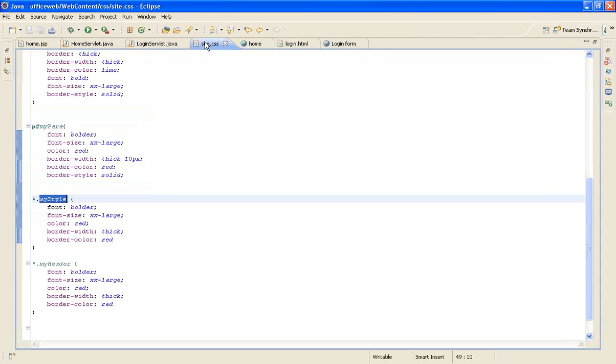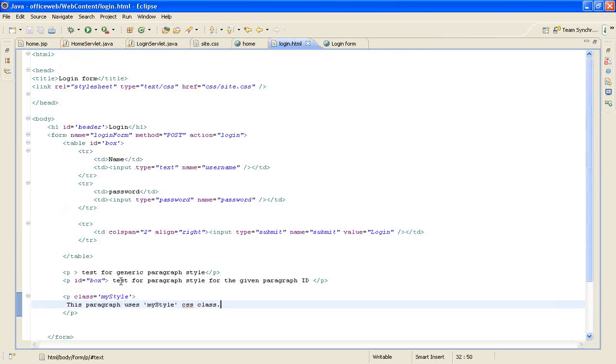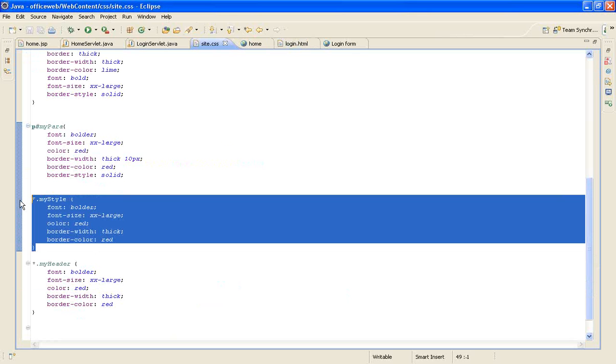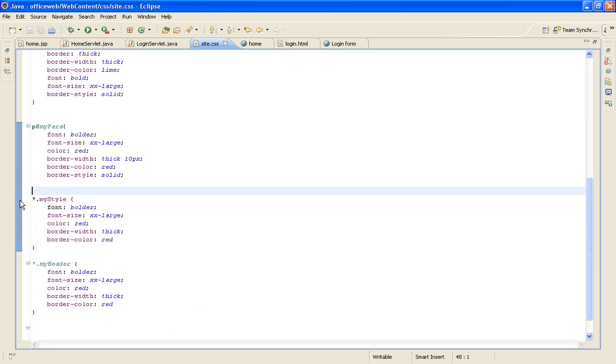Did this really work? No. Did I do anything wrong? Class equal to, this is fine. So this is a generic one. Oh, okay, got it.